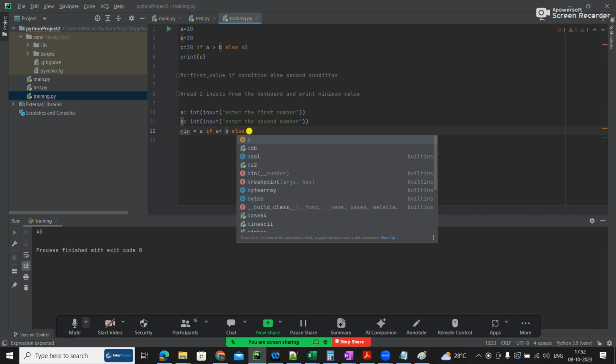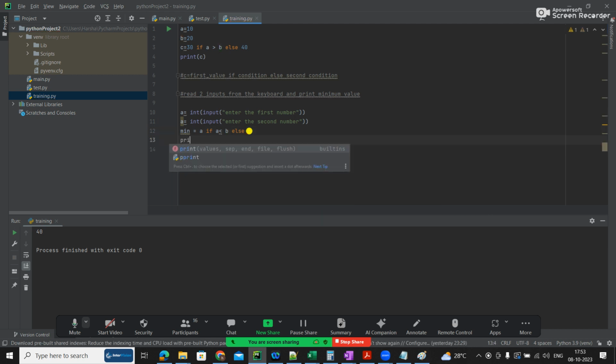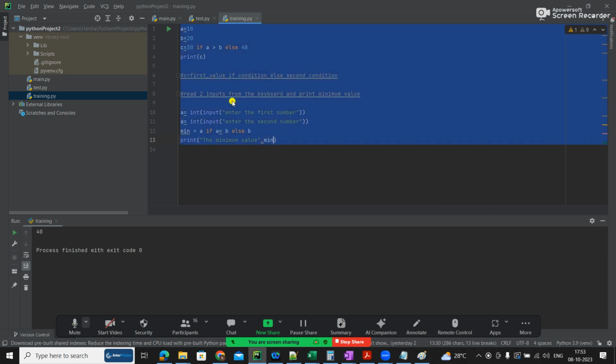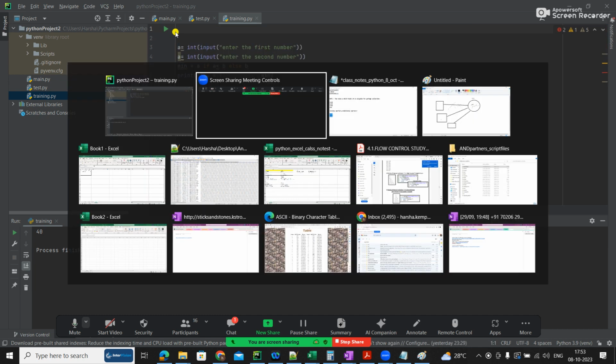Then print of minimum, the minimum value. Okay, so let me run this. I will just copy this in the notepad.